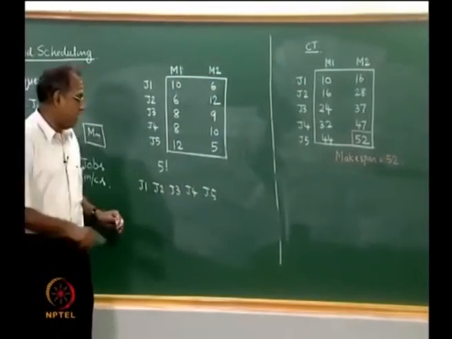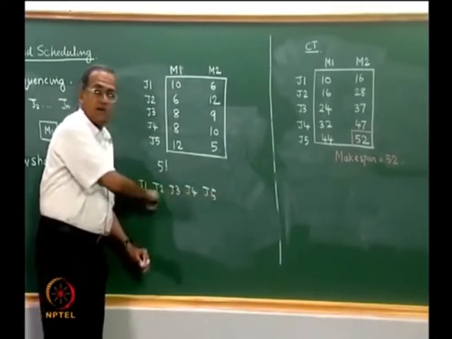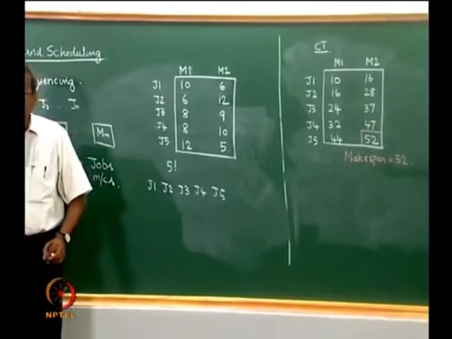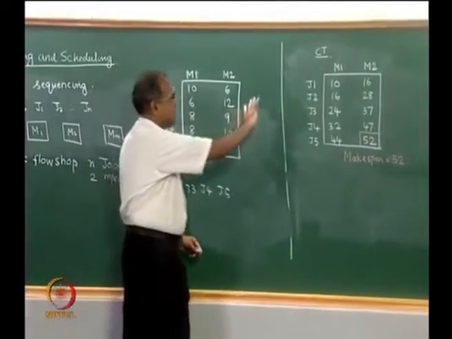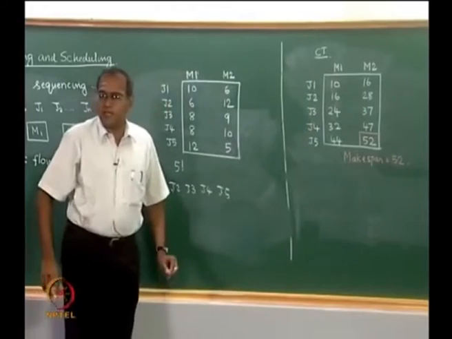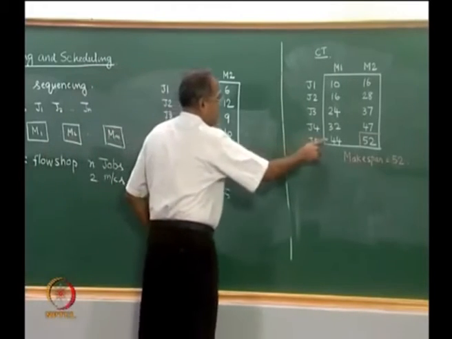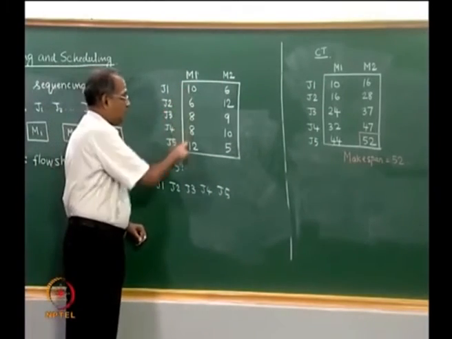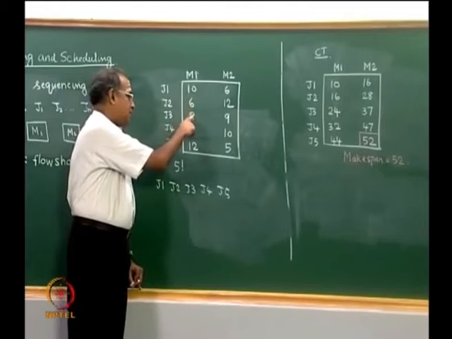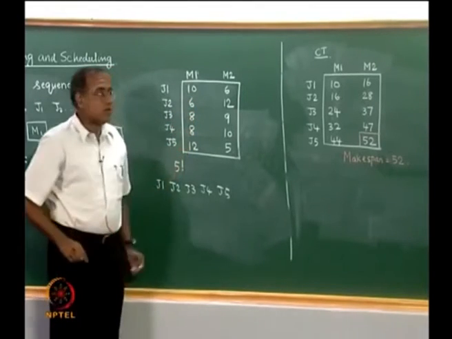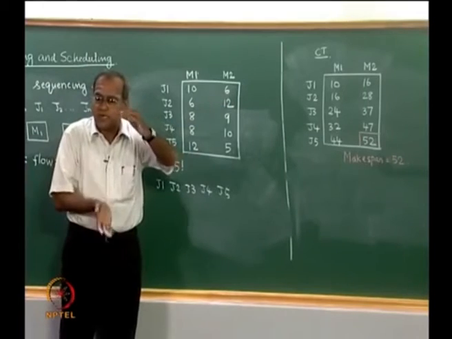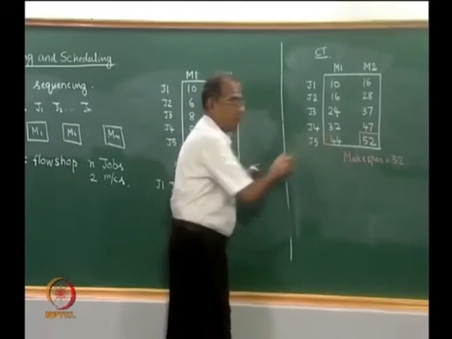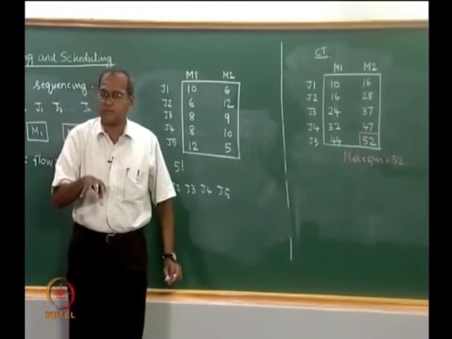Now, the question is, what is the sequence or order in which we can send these jobs such that the makespan is minimized. We also realize something interesting from this particular table. If we look very carefully, 44, which is the time at which M1 completes all the jobs, is actually the sum of the processing times: 10, 16, 24, 32 plus 12, which is 44. So, M1 is not idle till it finishes everything. Then M1 becomes idle in this case for 8 more time units, or 8 more minutes.